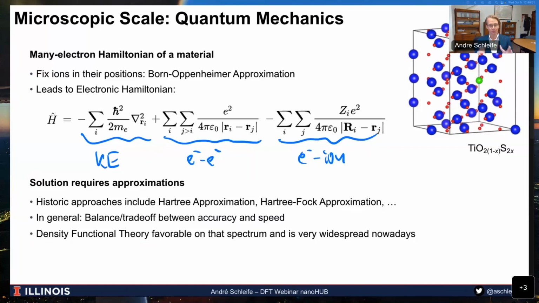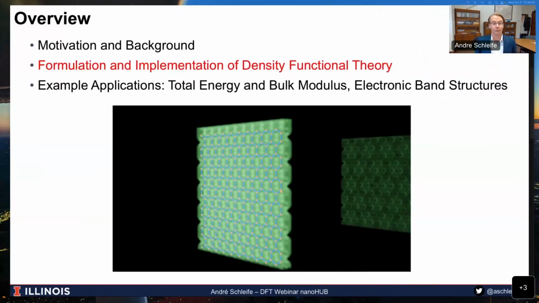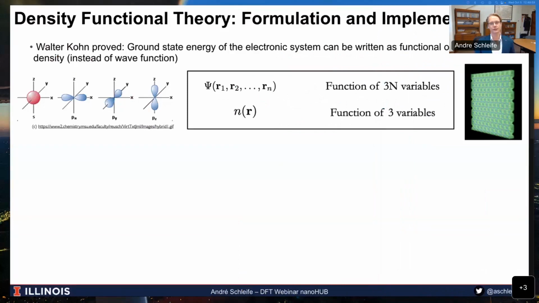So at this point, we'll say, okay, we have the Hamiltonian, we want to compute things for real materials, and step number 2 will be done by DFT. That's the stage for DFT. Now let's go to DFT. I promised that I would start with the very basics, so I'll tell you a bit about the theory first, and then we look at the implementation and how we can run it. One milestone that happened was that